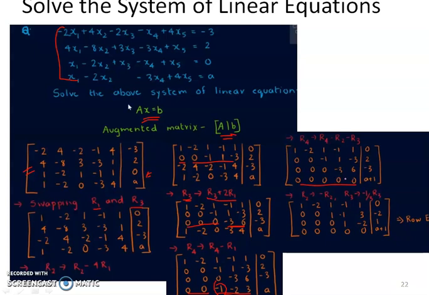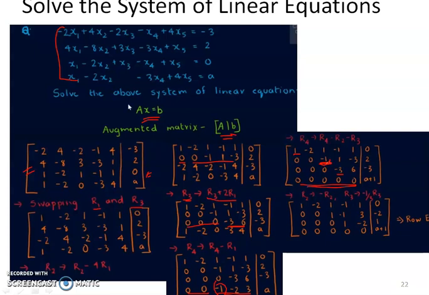Once you get the row as 0, you check whether the matrix is in row echelon form. How can you understand whether it is in row echelon form or not? The lower rows are full of 0, that is correct. Then you need to consider the pivot. Here the pivot is minus 1, so it is not considered a valid pivot value.